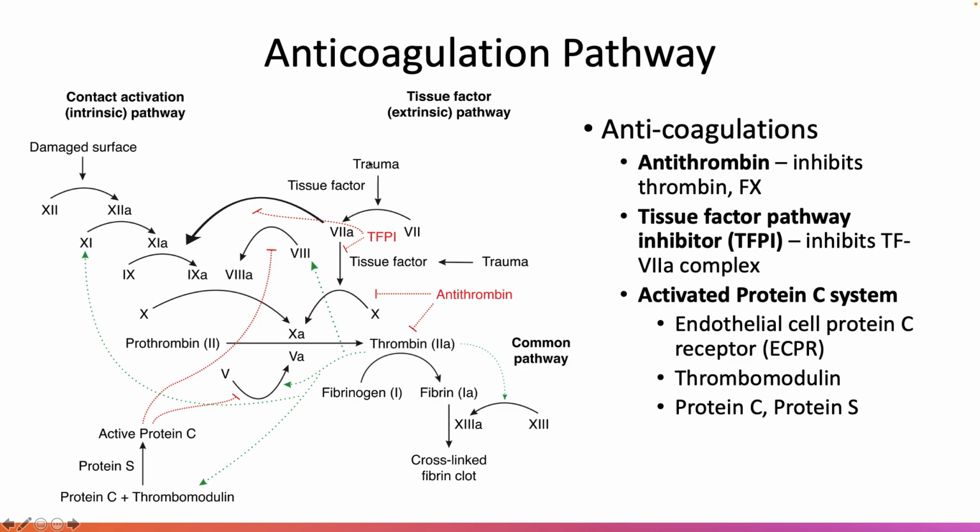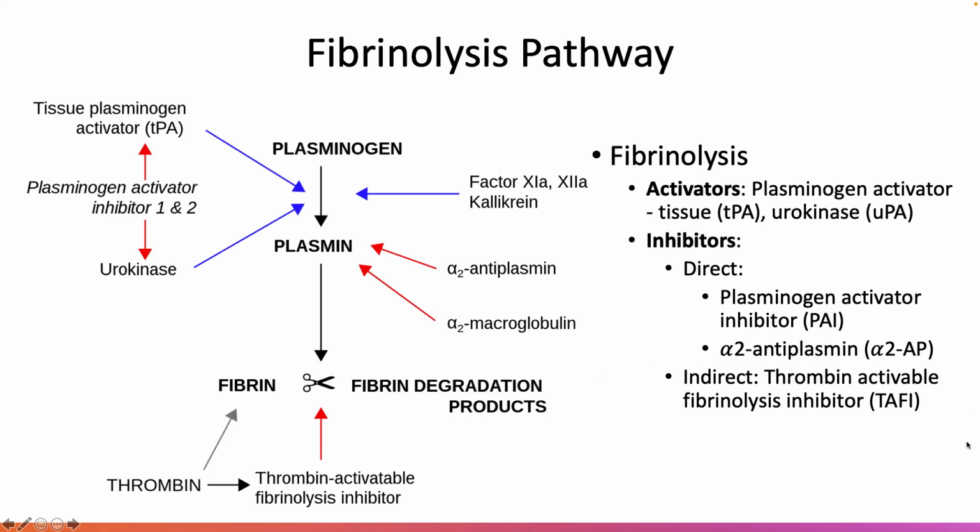And the second is tissue factor direct inhibition with a pathway inhibitor, by inhibiting the tissue factor and factor 7 complex. And the third possibility is the reaction between protein C and thrombomodulin, with the cofactor protein S. This activates protein C, and this will lead to inhibition of factor 5 and also factor 8 mainly. Okay, so when you talk about the fibrinolysis pathway, you're talking about plasminogen being activated to plasmin, which actually